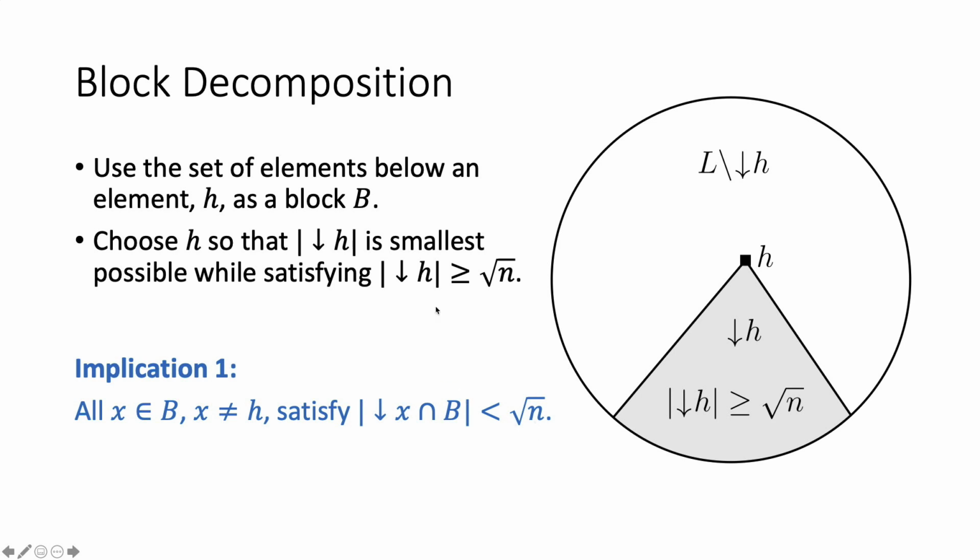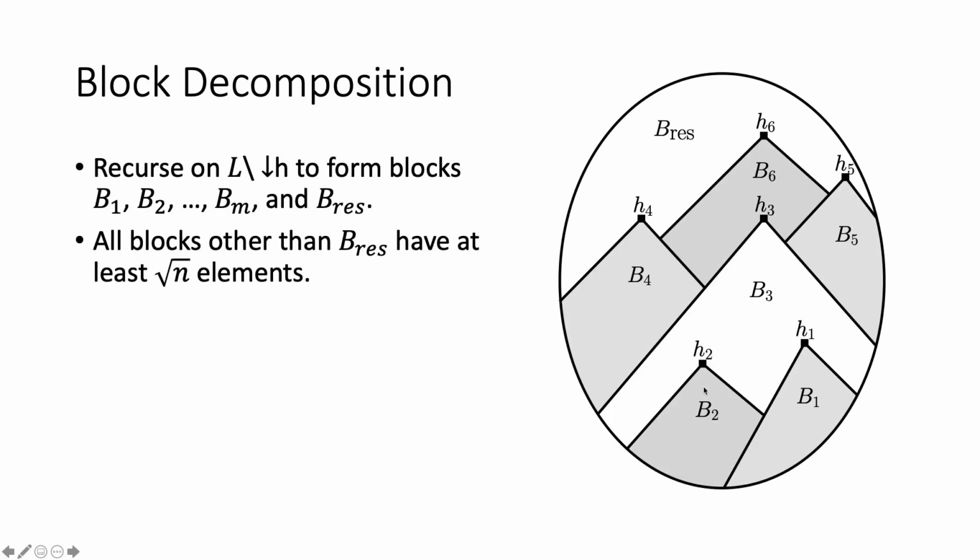That's because h is the smallest one above size square root n. Everything else must then be below size square root n in terms of the size of their downsets. Okay. Now we will go ahead and recurse. So we'll remove the initial block that we formed, and then we will update the sizes of all the downsets